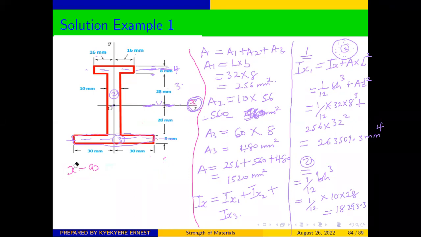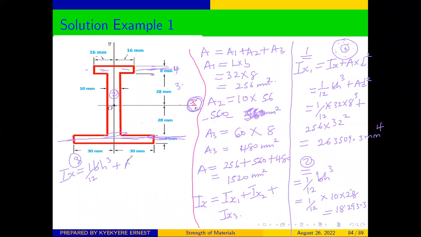And we do the last one, which is section 3. This centroid is also away from the centroid of the whole structure; it is not passing through that section. So it means that the axis is like this, and because this centroid is not passing through the x-axis, we use the parallel axis theorem. So for section 3, Ix will be equal to 1/12 bh cubed